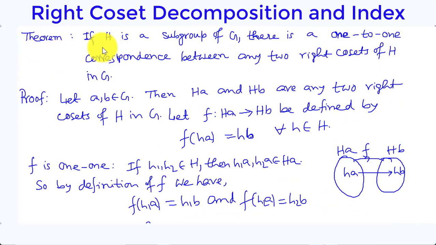Theorem: if H is a subgroup of G, there is a 1-to-1 correspondence between any two right cosets of H in G. Proof: